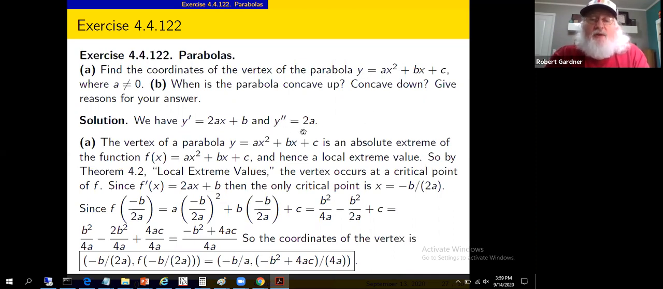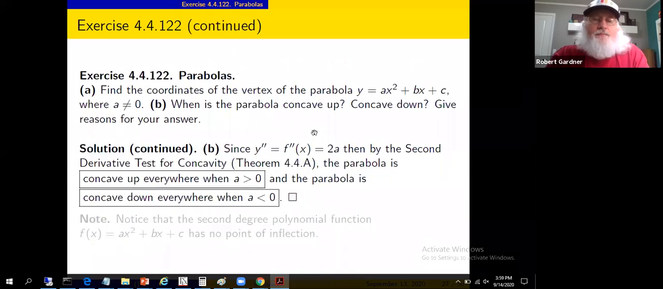We got the second derivative right there. Ooh, the second derivative is a constant. Is this positive or negative? Well, it depends on the sign of a. Second derivative is 2a. The second derivative test for concavity says then the parabola is concave up if that's positive. That's positive if a is positive. So we get concave up when a is greater than 0, concave down when a is less than 0,